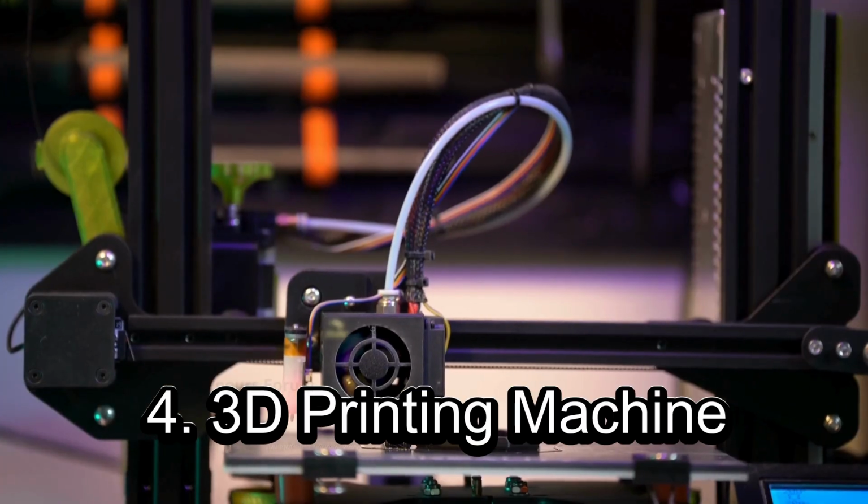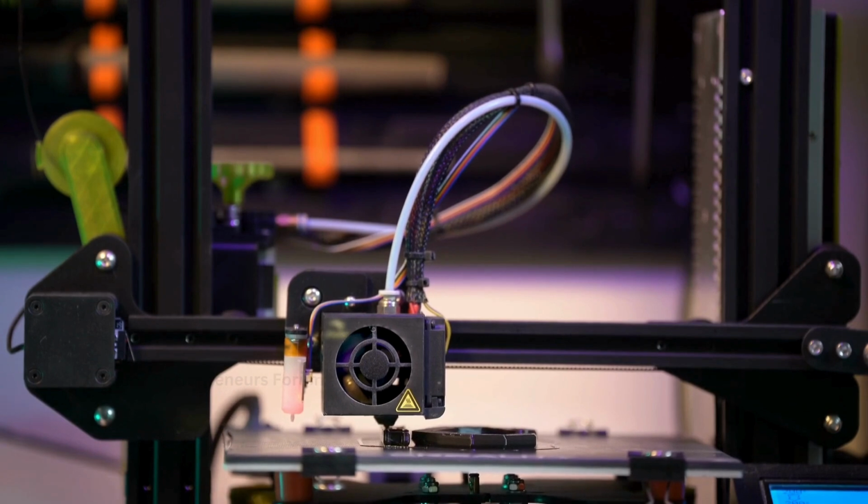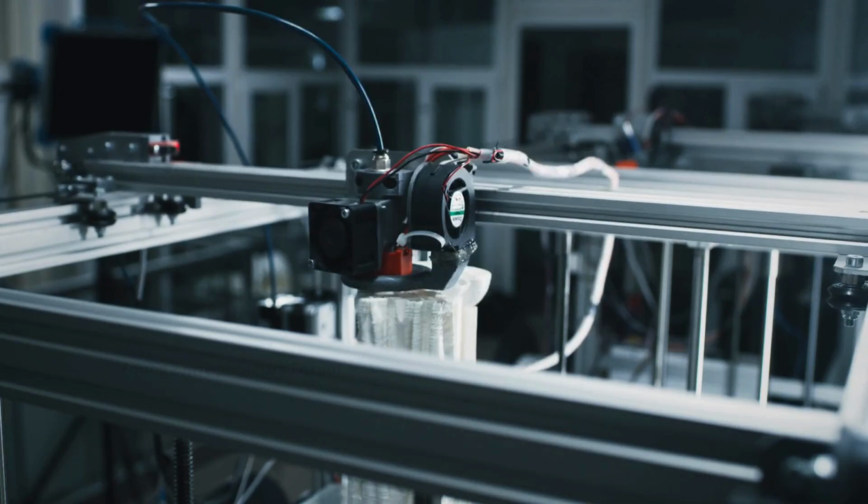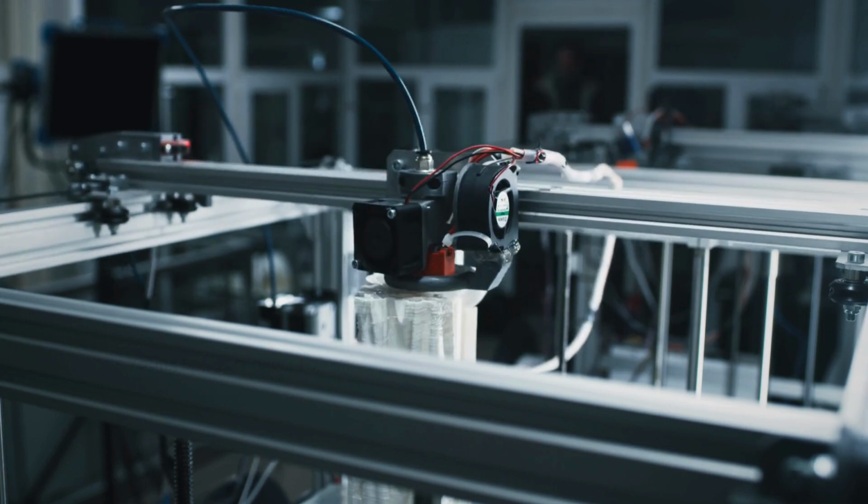Fourth is the 3D printing machine. It's not just for tech geeks. This machine is capable of making prototypes or unique parts layer by layer, making it ideal for product designs and